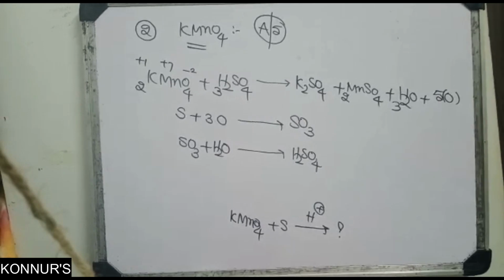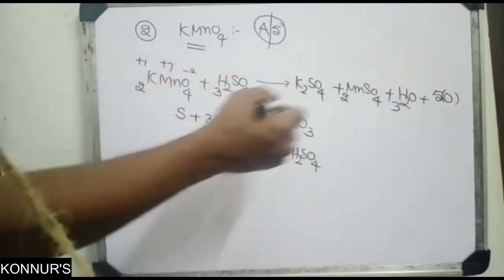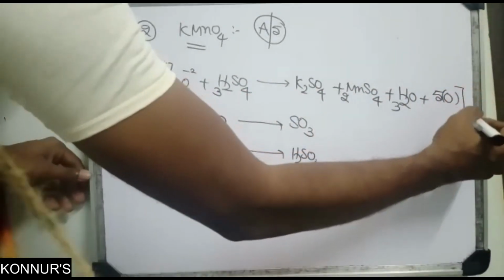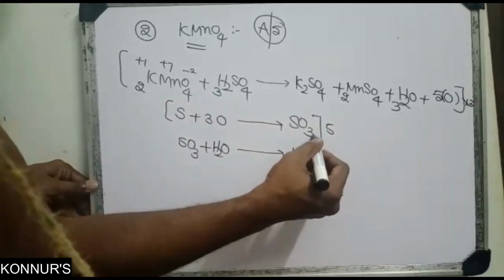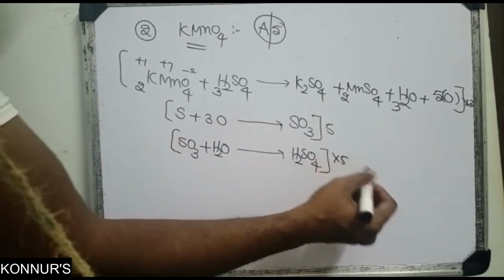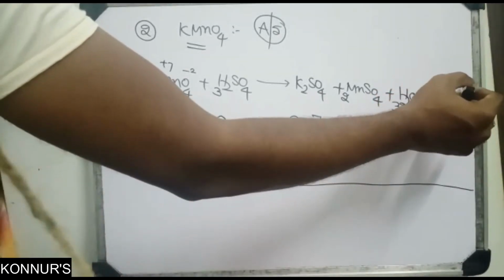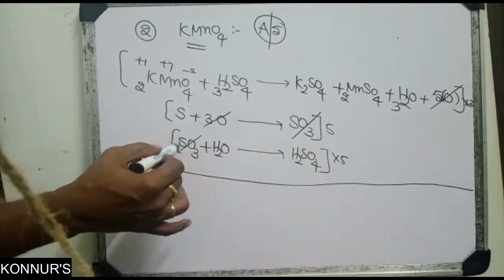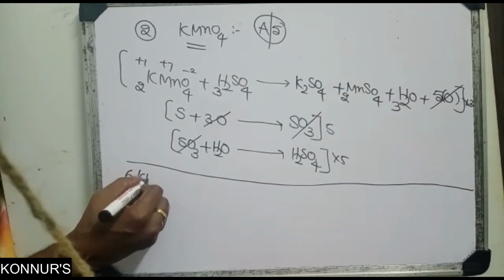Now how can you balance this one? See, 5 oxygens are coming. Here only 3 oxygens are being utilized. So that's why this is multiplied with 3. This is multiplied with 5. Next, 5 oxygens, 5 SO3, so this is also multiplied with 5. Now you balance. 5 3s are 15. 5 3s are 15. So 5 SO3, 5 SO3 cancel. So that means what? 3 2s are 6 KMnO4